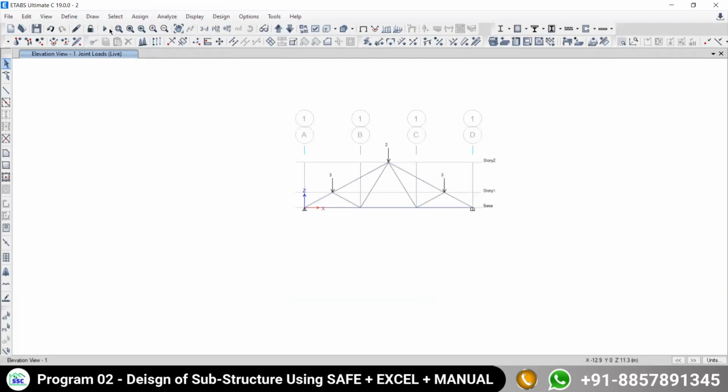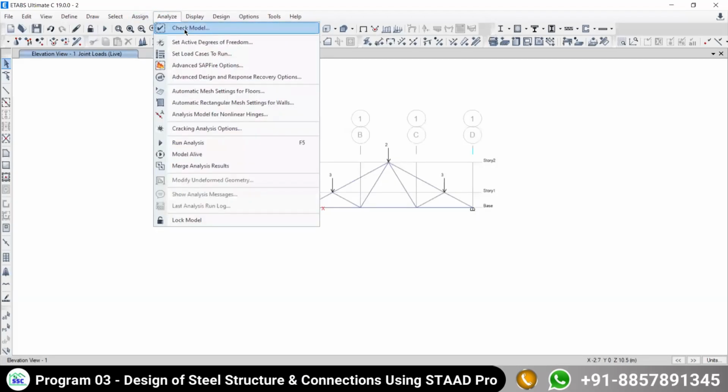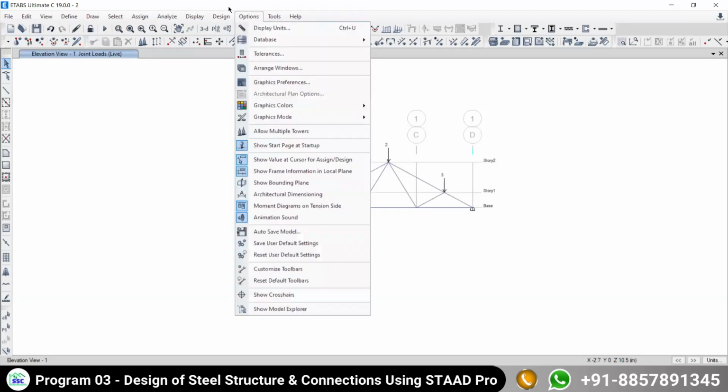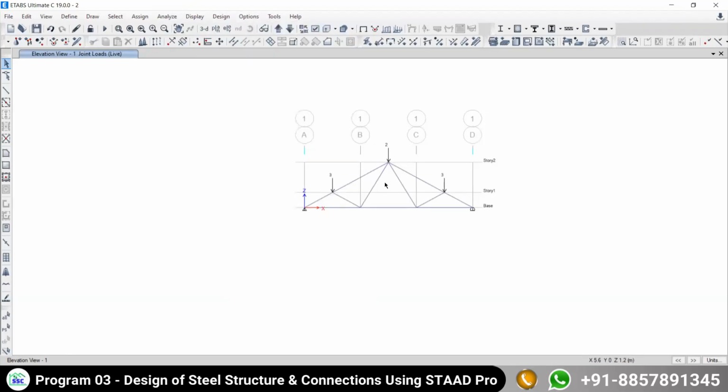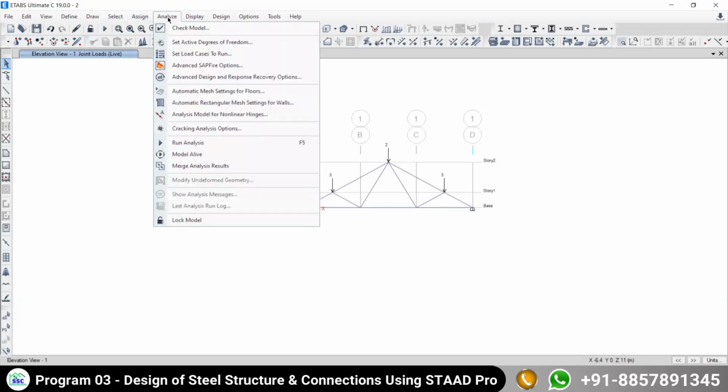Now perform the analysis. To check your model, you need to go to Analyze, then Check Model, and the model will be checked. Once your model is okay, go to Analyze and Run Analysis. Analysis means we are transferring the load that you have applied externally to your structure to the members of